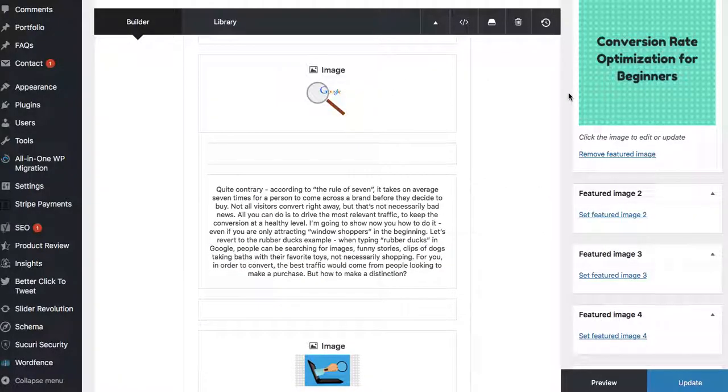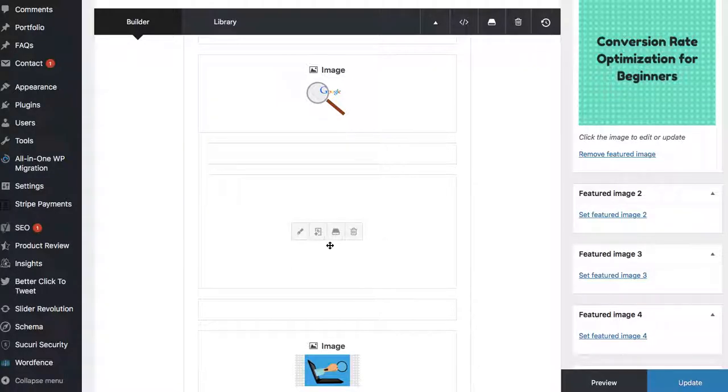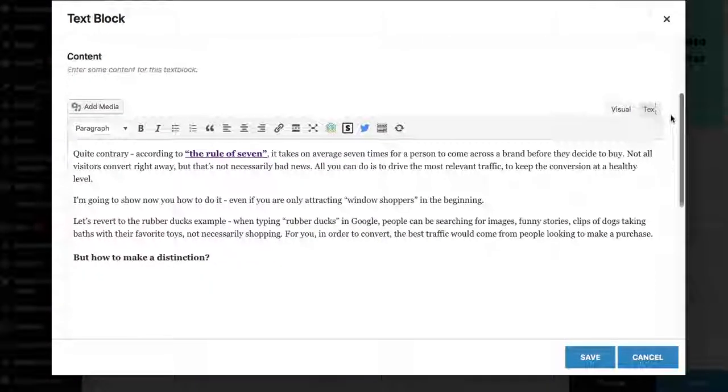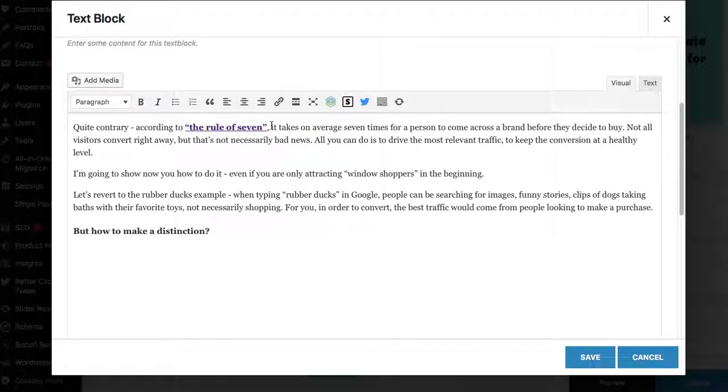So I have located this image, and this is the text below the image. Here it is: it takes on average 7 times for a person to come across a brand before they decide to buy. What I'm going to do is highlight it and copy it,